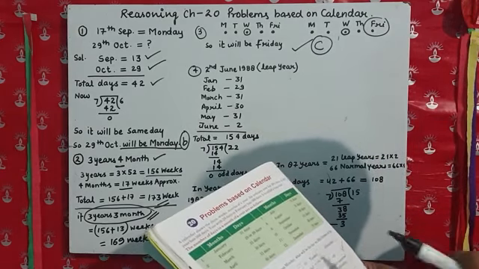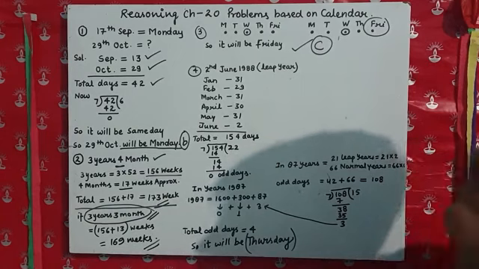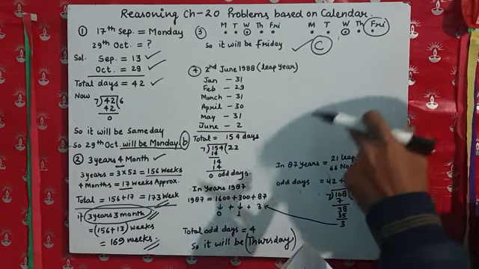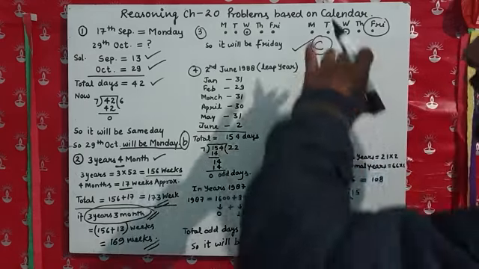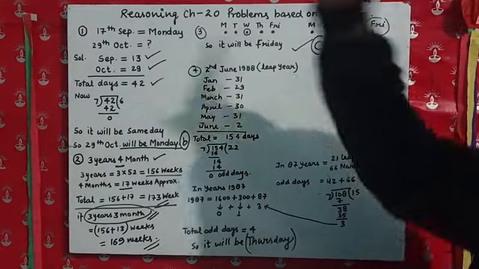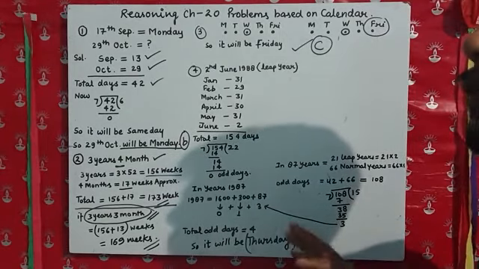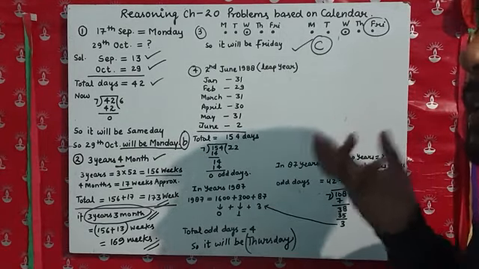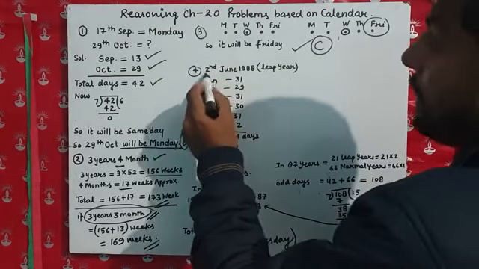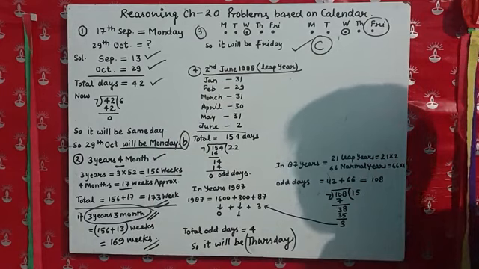So what day of the week was it? It's a very complicated question. Here you have to pay attention to the question and understand the theory of how to find out these things. Whenever a previous date is given, we are going to find out what the day is according to the calendar. So here the date given is 2nd June 1988.